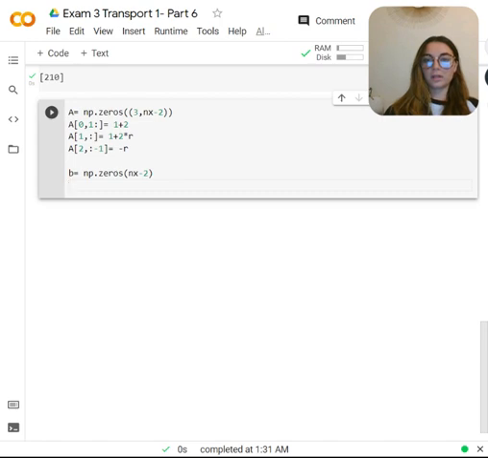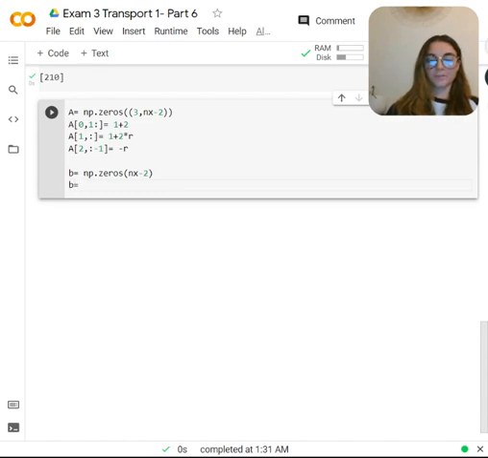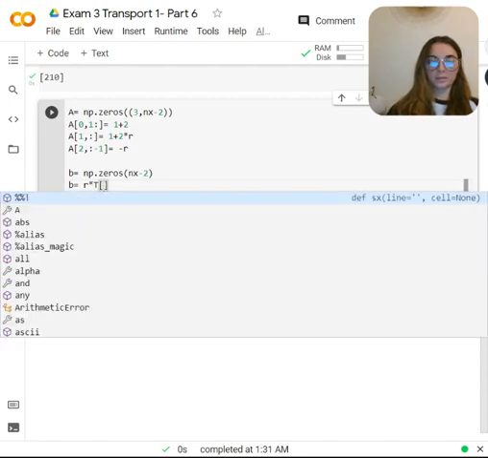And then put in our expression, which is going to be the R expression times T index 2